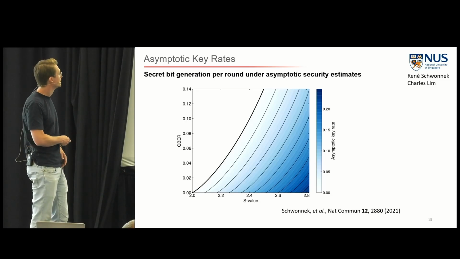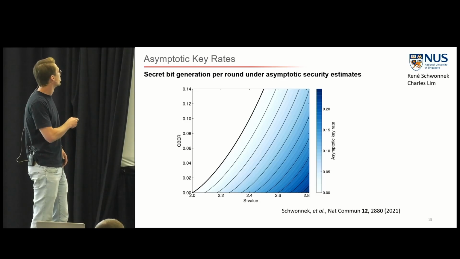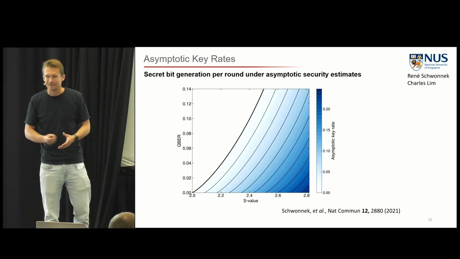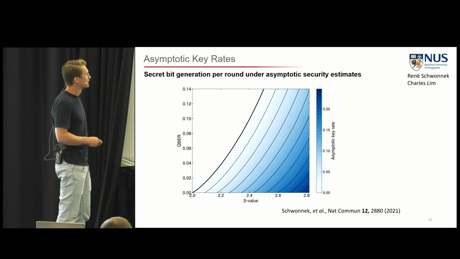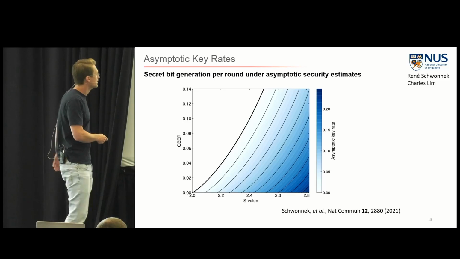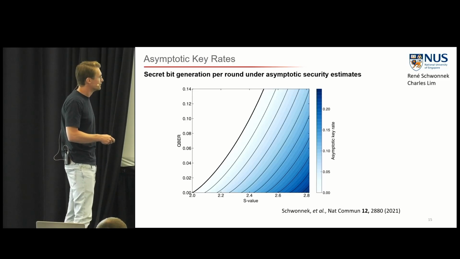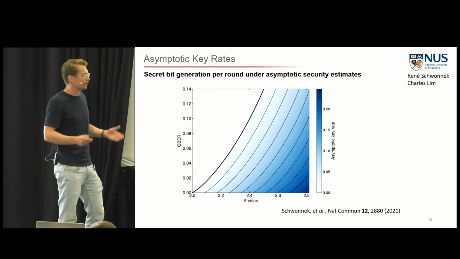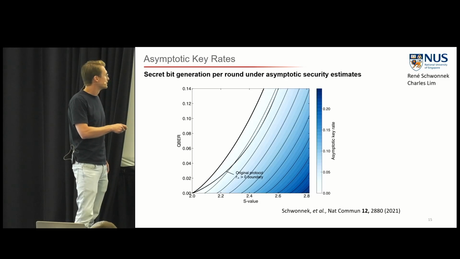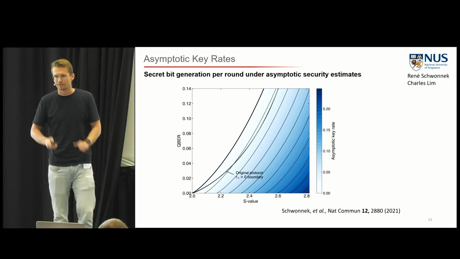Okay, then what do we see here? Here we see the CHSH S value and the quantum bit error rate. This is how many mistakes you actually made when you expect perfectly correlated outcomes. And in the color coding, you see the asymptotic key rate. For a higher fidelity entangled state, your S value goes up, your QBER goes down, and you come to the point where you have the highest asymptotic key rate. If you compare this to the original protocol, the 0 key rate boundary is at a bit higher fidelity. So this is the gain of adding this extra setting.